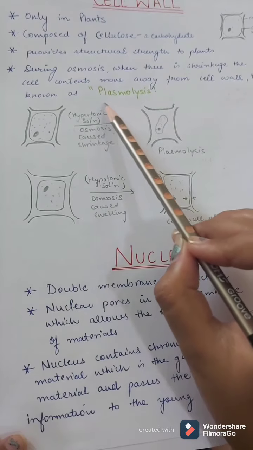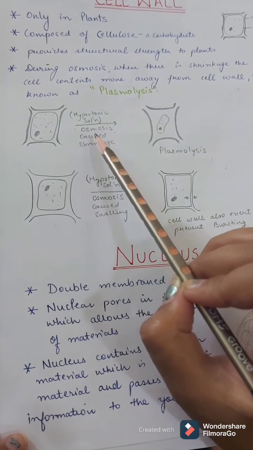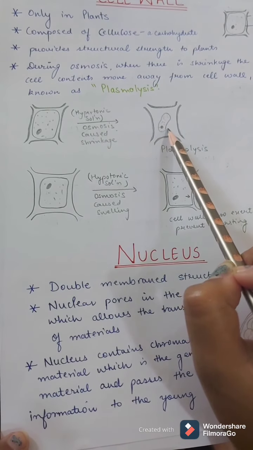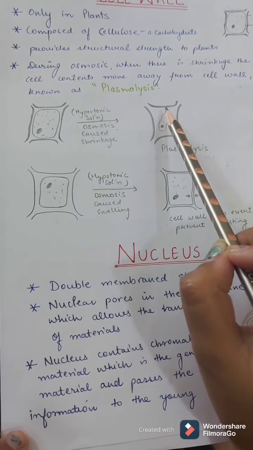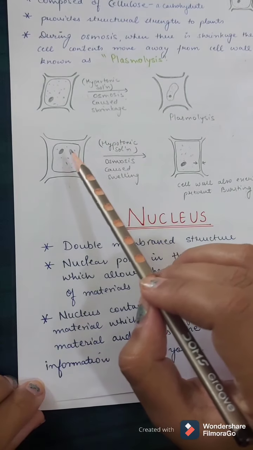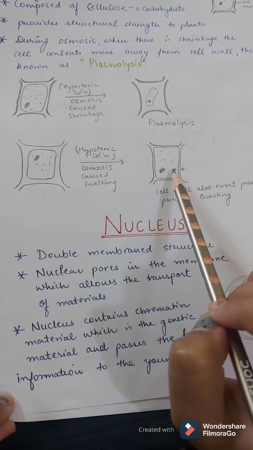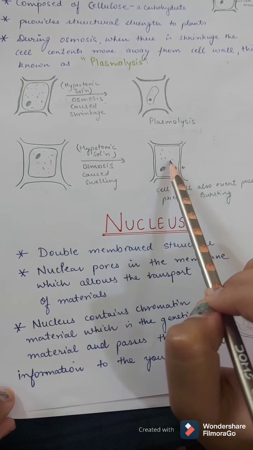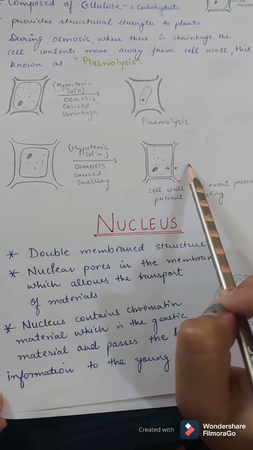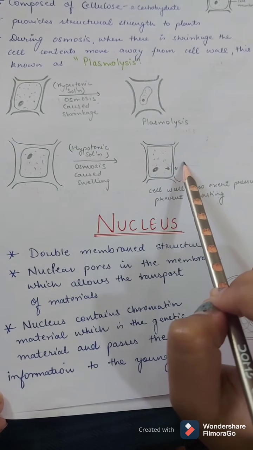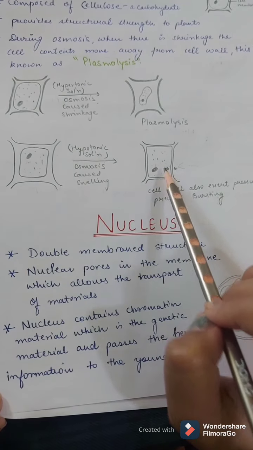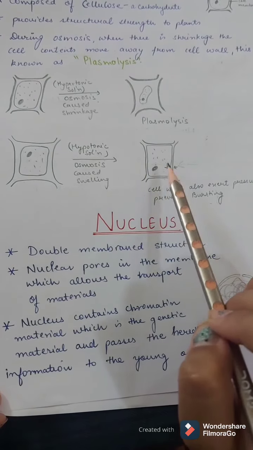When suspended in the hypertonic solution, osmosis will cause the shrinkage of the cell. As we can see here, the cell with cell membrane shrinks, but the cell wall remains unaffected and intact. In hypotonic solution, osmosis will cause swelling. Here we can see the swelling of the cell during osmosis. The cell will generate pressure towards the cell wall, but the cell wall will also generate pressure towards the cell. This pressure generated by the cell wall towards the cell will prevent the bursting of the cell.